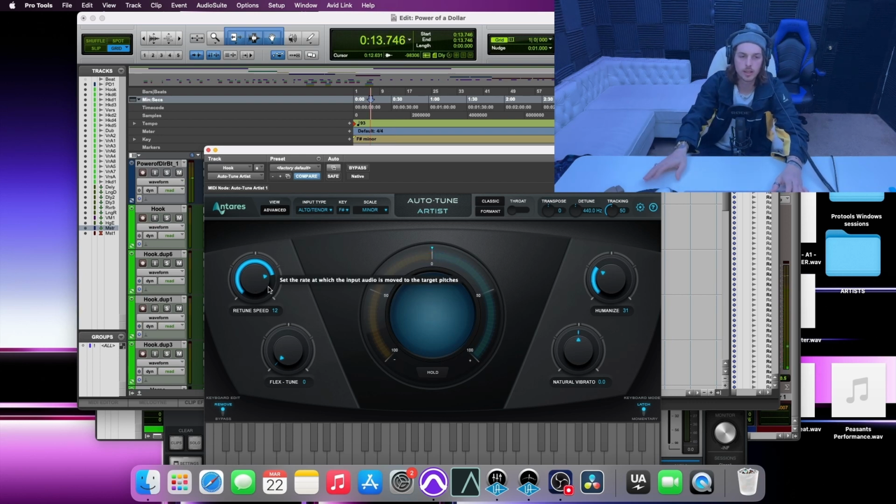So now with the humanize, it does take out some of those artifacts and just kind of smooths everything out, makes it sound a little more human. So you notice when I had it backed off at 14, 15, it was sounding smooth, but then when I bumped up the humanize, it kind of took a little bit of that essence away. So then I bumped up the retune speed just a little bit. Now one thing too here,